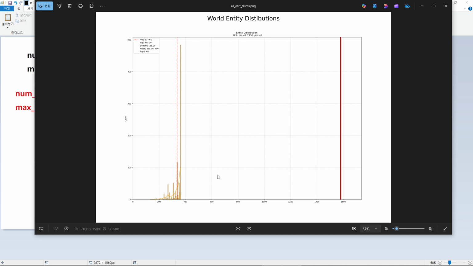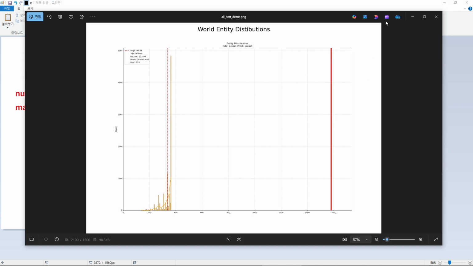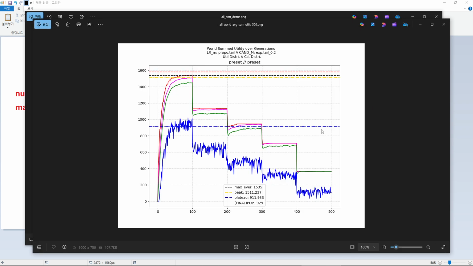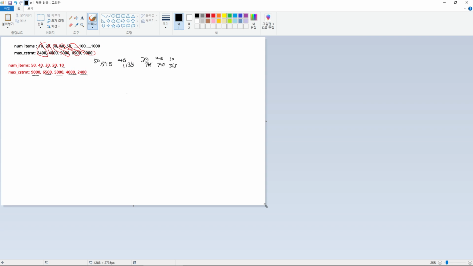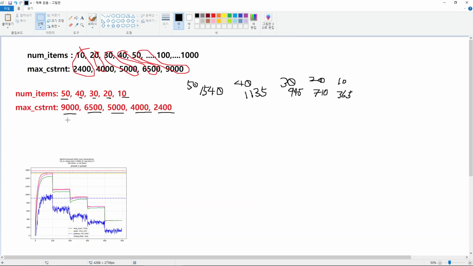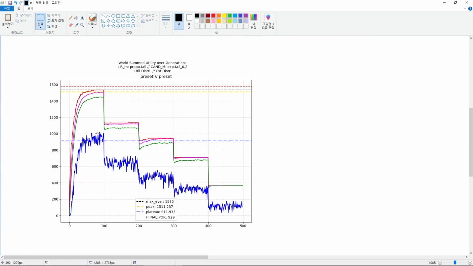This looks strange, but you'll see why soon, because this is what it looked like. So in this very case, the maximum ever was